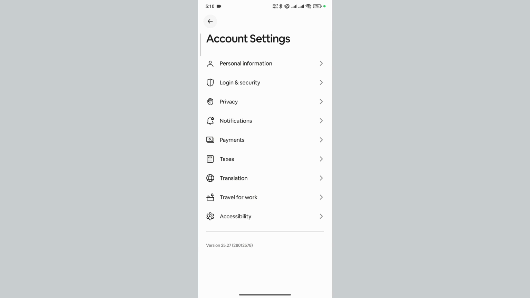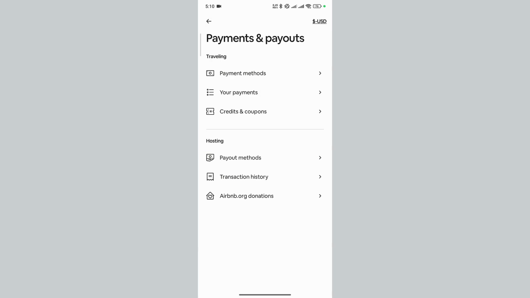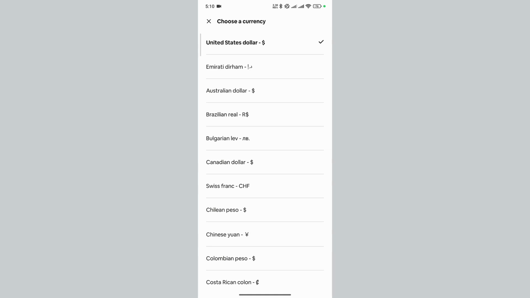In the Account Settings menu, tap on Payments. In the top right corner, you can see a $ and USD. Tap on it. Changing the currency on Airbnb is important for travelers and hosts to clearly understand prices in their